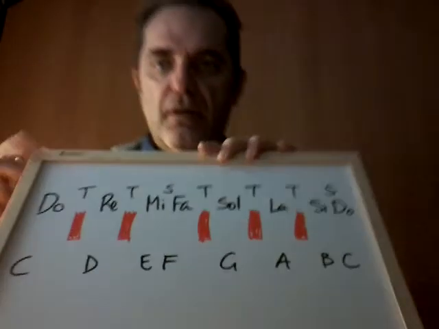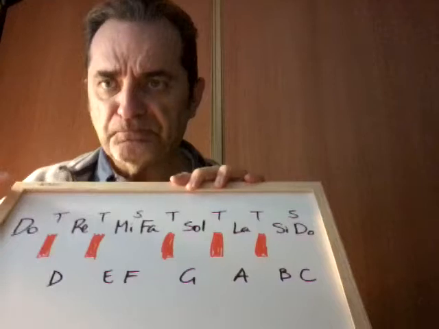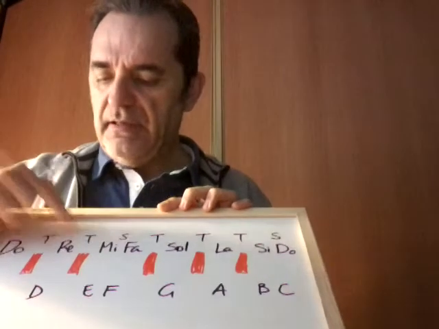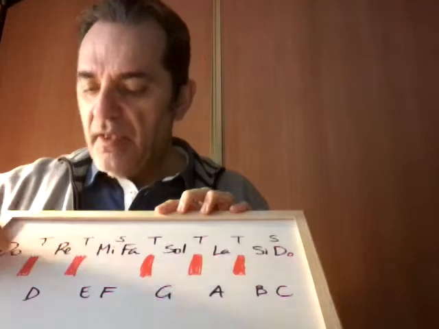Remember the structure, and it's very important to remember by heart this scale. From do to D, there is a tone. What is a tone? A tone is, if you sum two semitones, you have a tone. Dos semitonos